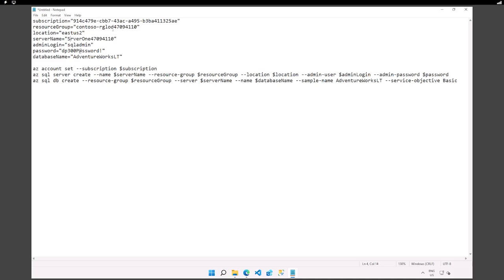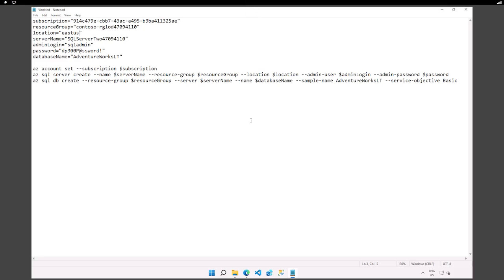So now what we're going to be doing is that I'm going to change this value. Potentially I could have just typed the number 2 as part of it, but let's type it completely. There you go, SQL Server 2. Okay, so it's not going to be the same one. Now, can we have geo-replication within the same region? Well, no, right? So that's why as part of this creation here, I'm going to change the location, changing it from East US 2 to East US. Okay, now I'm going to keep the same admin login and the same password as part of this creation here. All right, so the only change that I have here is going to be another location and another server name.